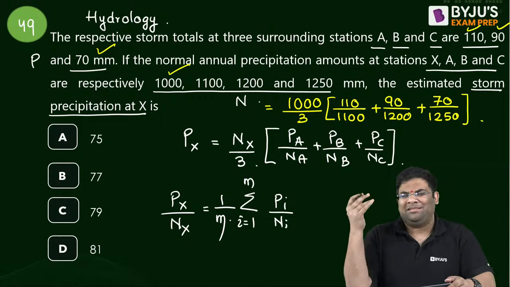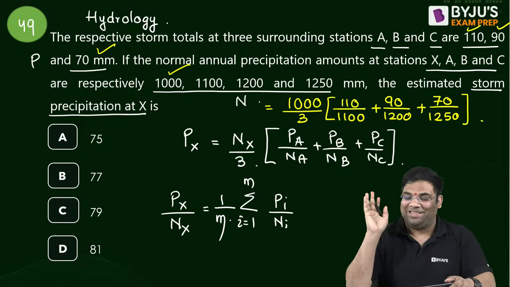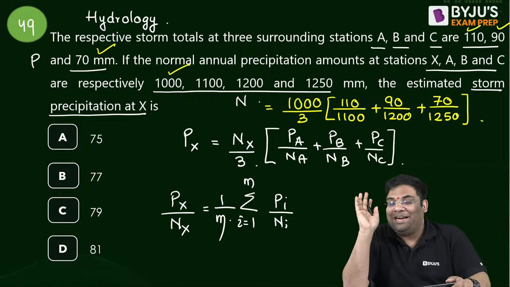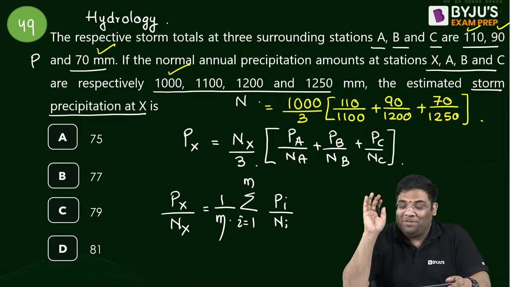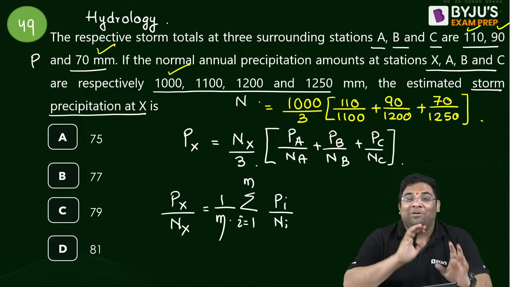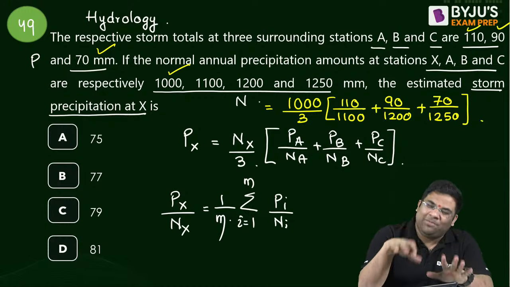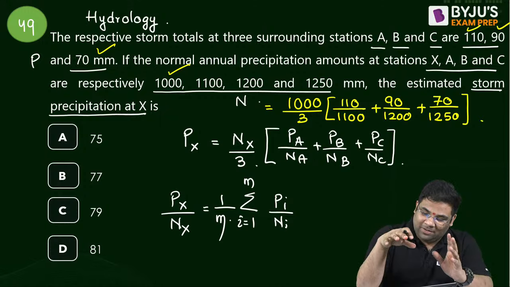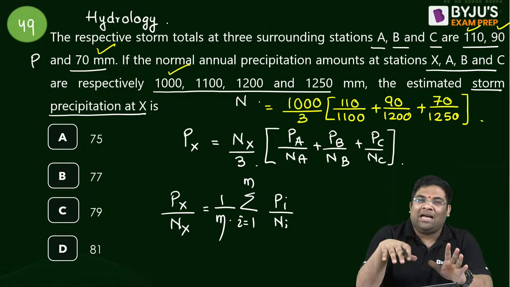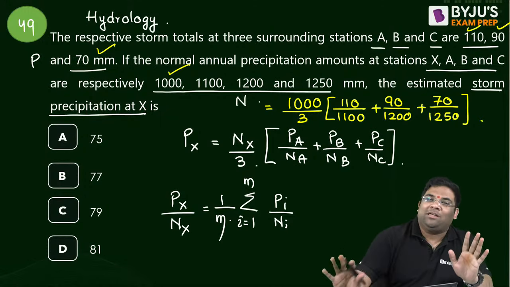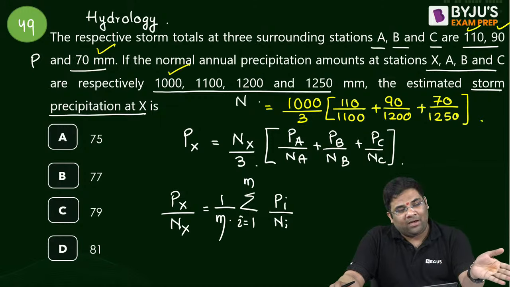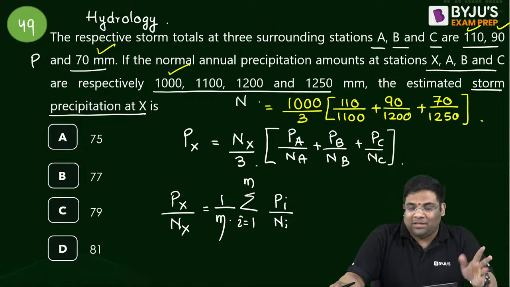See, they have given the normal data, that means they have given it to find out by the normal ratio method. You can take the mean and find, but there is not so much time in this examination. They have given the normal precipitation, that means they are going to ask the normal ratio method only, and you will get a variation of more than 10%. So there is no time.